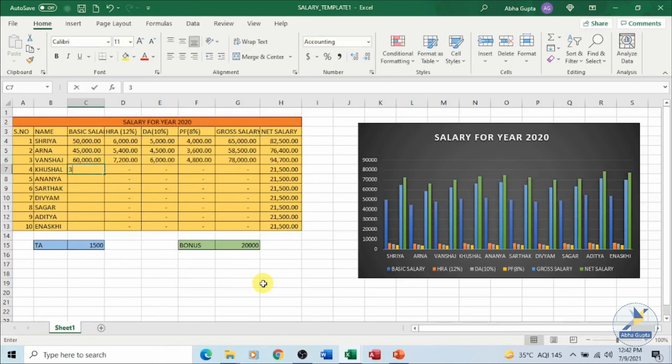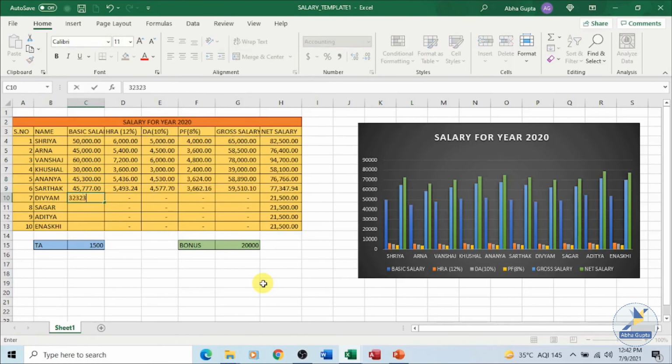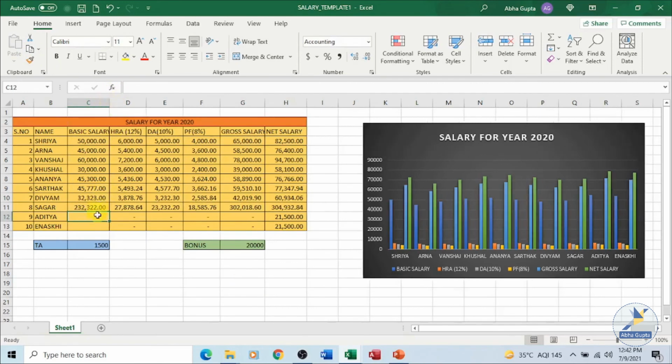Say 60,000, 30,000, 40, something like this. Just change this column so that things are visible.